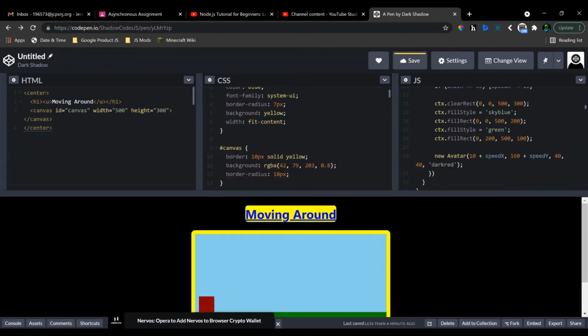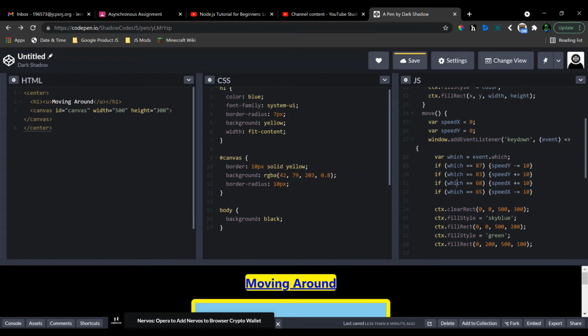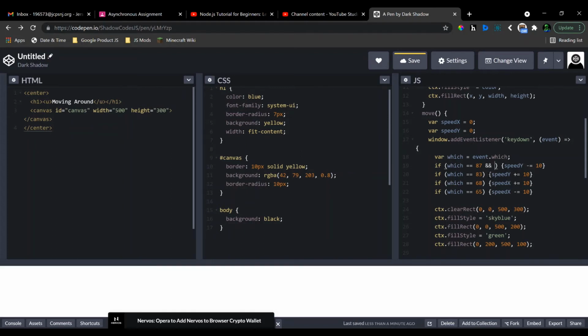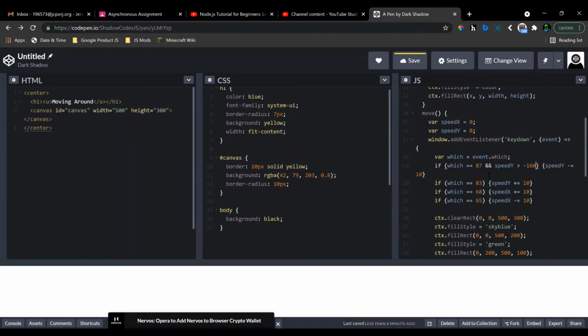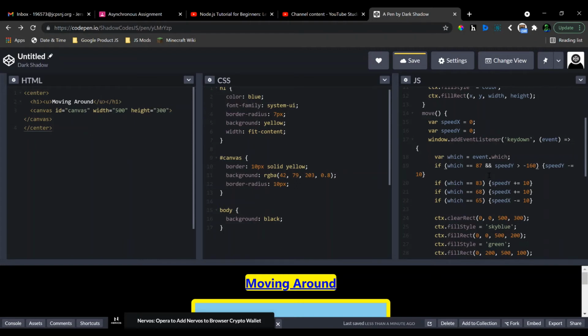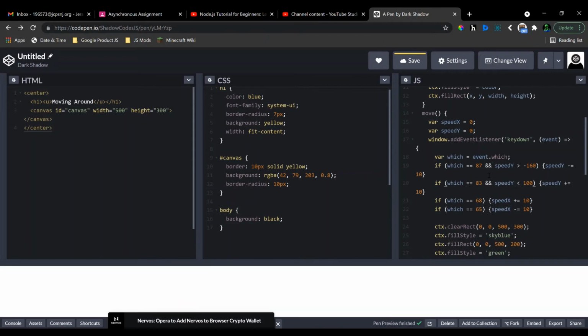So let's go back there to our if statements right here. I'll highlight it here. So we want to go if which is equal to 87 and speed y is more than negative 160. So that means if it's not at the top, if it's below the top edge, then it'll go up. If speed y is less than 100, which means if it's above the bottom edge,